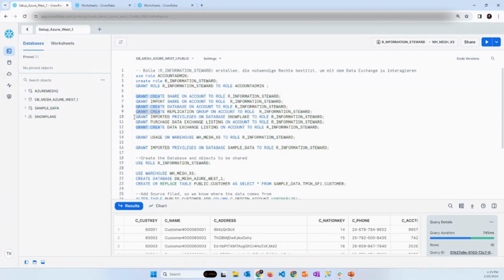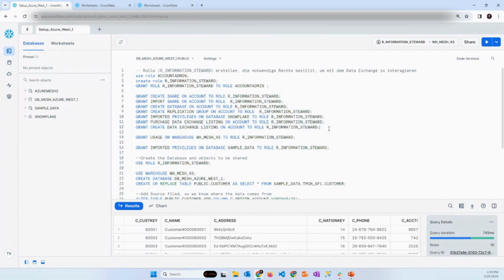And we also grant some privileges on the Snowflake sample database share, so that we can create our sample data that we will use for sharing. And then for the part with the data exchange, we also allow the role to purchase some data exchange listings and to create data exchange listings on the account.